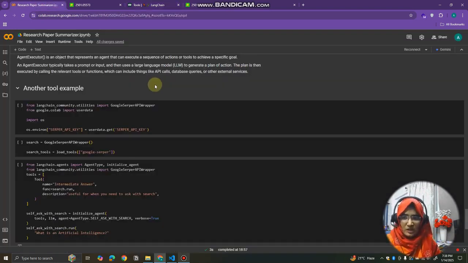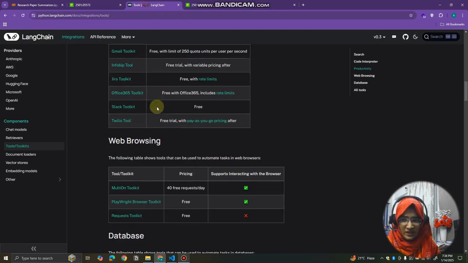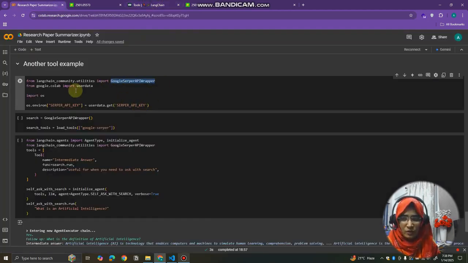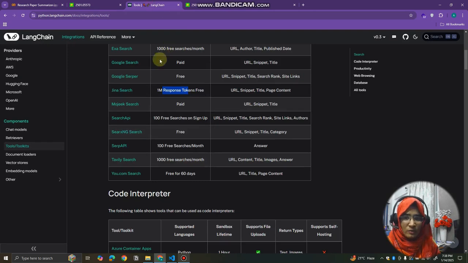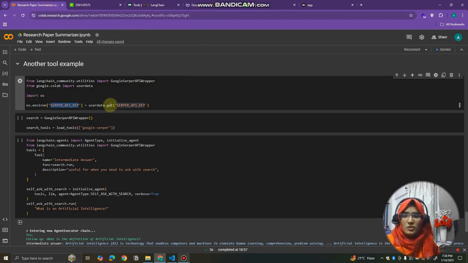Another tool example is we are using Google Serper API. Here we have Google Serper, and what we need is a Serper API key. How do I know? I go there, search Google Serper, and it will give us all those codes here, right? So you will get the Serper API key after you search Google Serper, you get the page, you click on it, and you get the API through that. And as usual, you can save it in the .env.